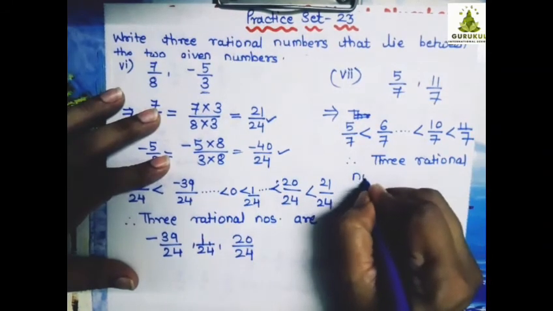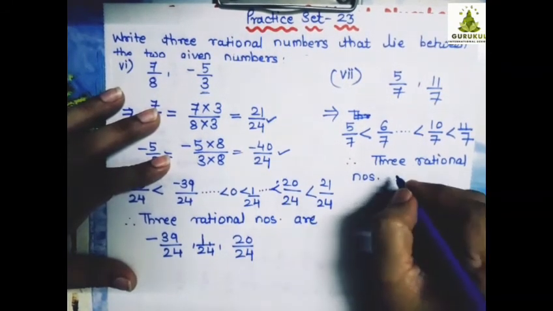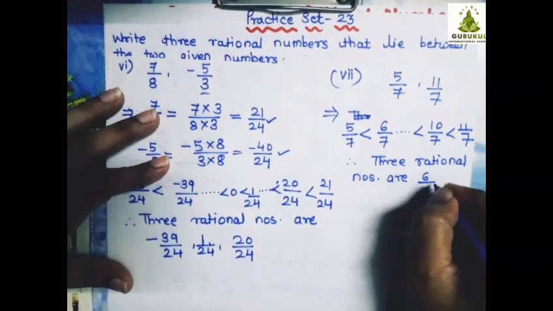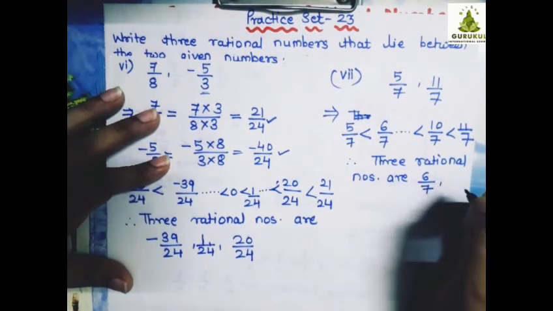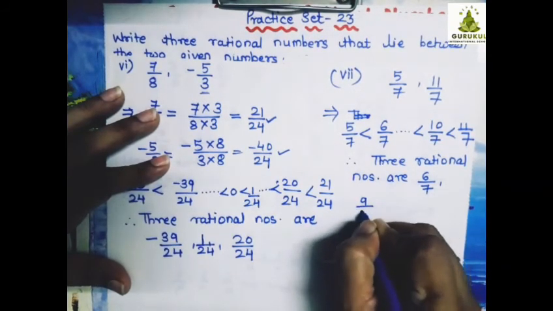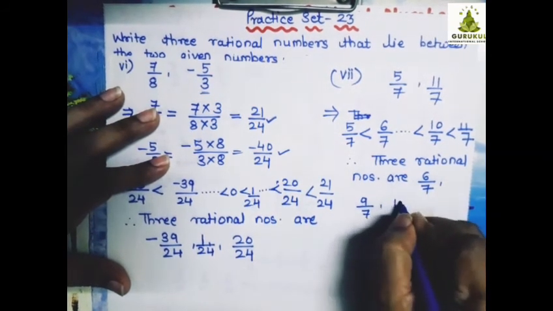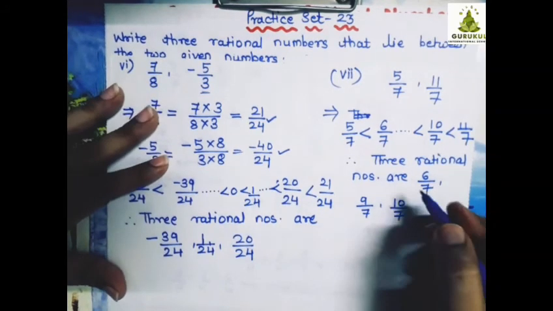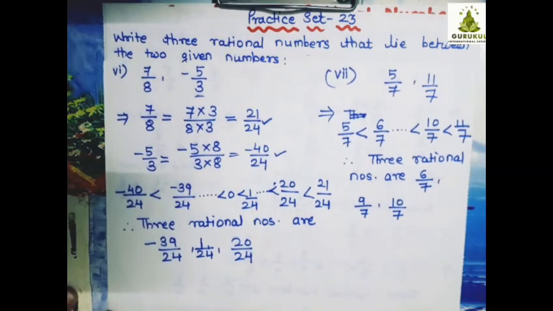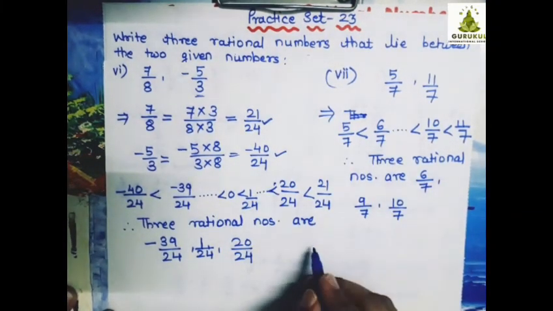See children, again I am repeating, whichever numbers I am writing, it is not compulsory for you to write the same numbers. You can write the numbers of your own choice. Okay, you can write the rational number of your own choice. No need to think that the teacher has given this, so I will write this. No, not at all. Okay. So, the seventh one is this one, and the eighth one,